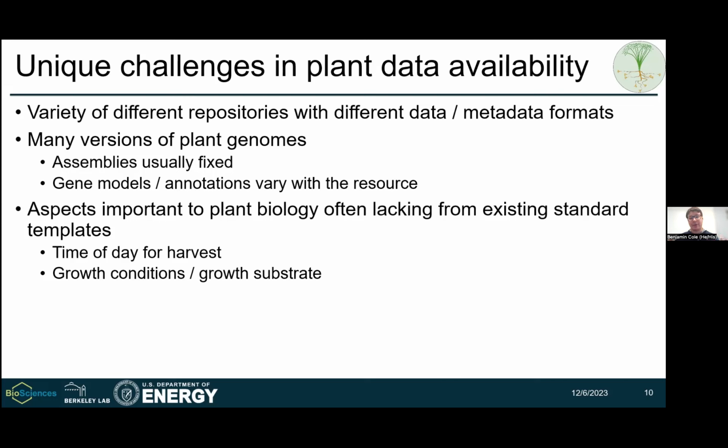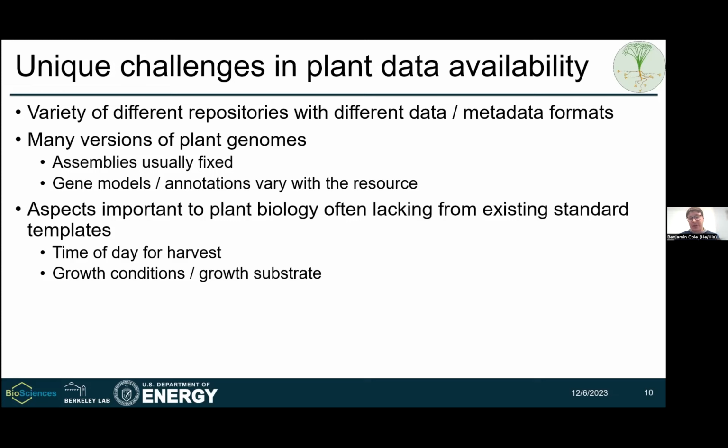So they could use the same assembly, but either the gene models are slightly different, or the annotations, the gene names or identifiers for those gene models can be different. And that also makes it really challenging to compare two different analyses that are done on the same data set, mapped to the same genome, but using a different annotation, for example. So, documenting which annotation version you're using, or ideally including that entire annotation file with your analysis can be helpful.